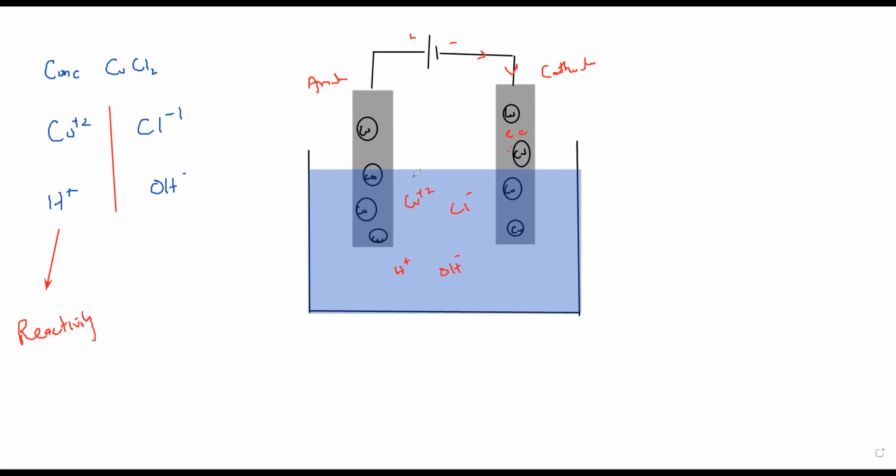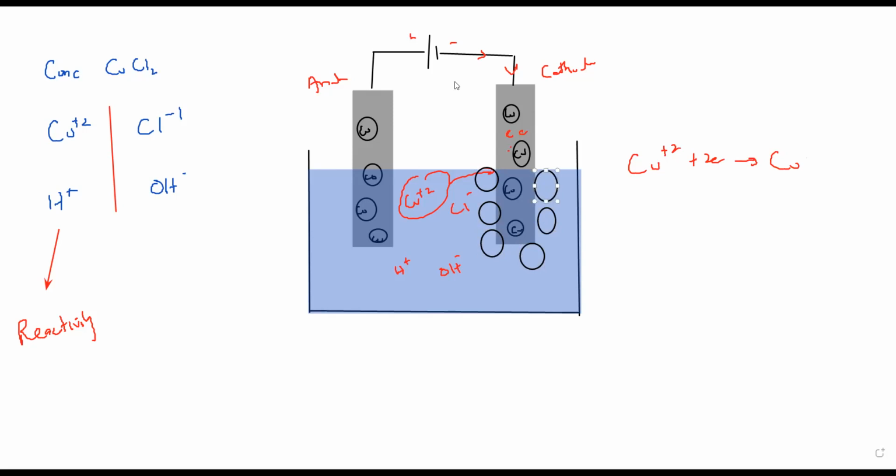So these copper ions which are there in the solution are attracted towards the electron. So what happened? Copper ions gain electron, turn into a copper atom. So when these copper atoms are formed, they stick to this cathode. When the copper atoms are formed and they stick to the cathode, what happened to the size of the cathode? The size will